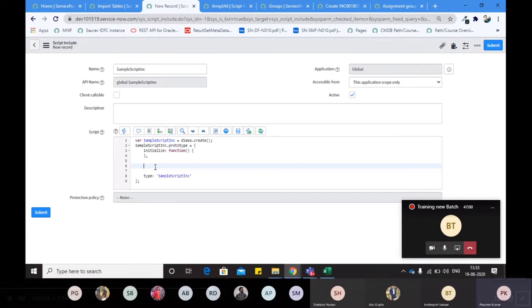For example, I want to put my first function, or I can keep a much better name, add.